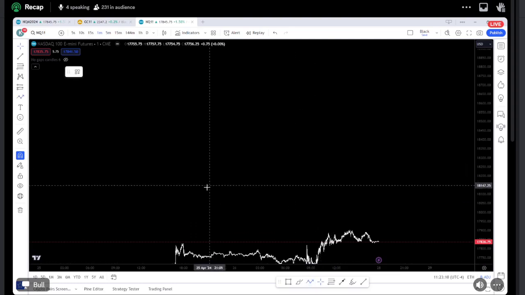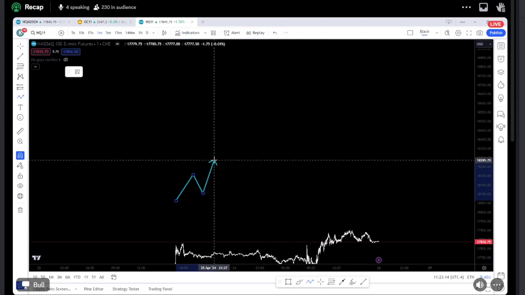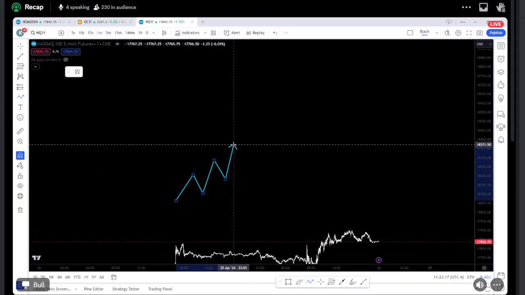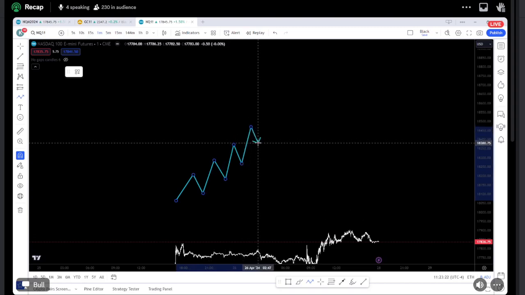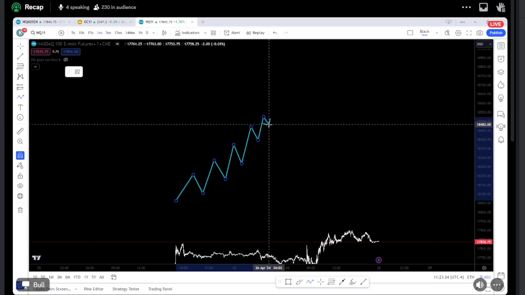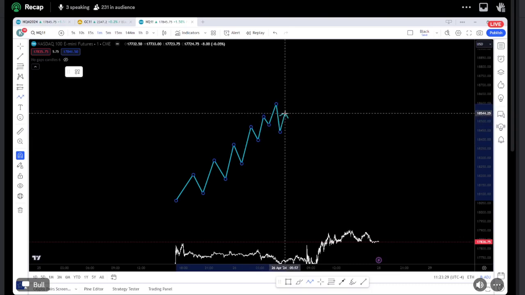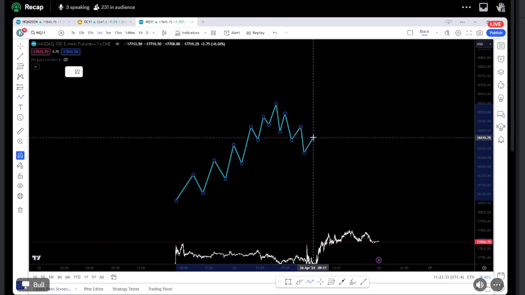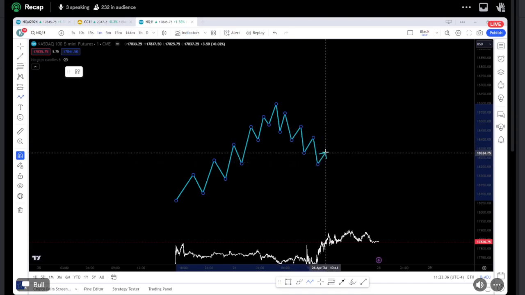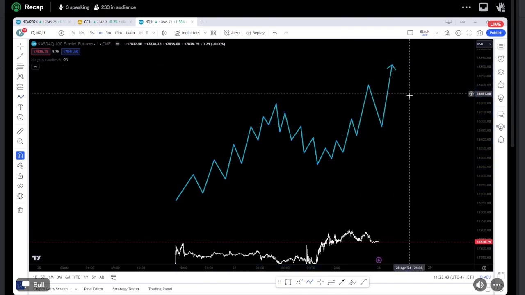And if it's trending in a bullish trend, we want to see higher lows and higher highs being formed. And then eventually, what you see is these higher highs and higher lows tightening up. And you see some sort of a range being formed typically. And then we start a bearish trend where we're seeing lower lows and lower highs until we potentially reverse and start moving back up again.